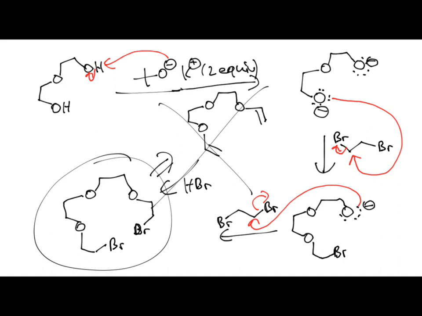Yes? One question. Yeah. My initial way I thought of doing this was different. I don't know if it would work at all, but would it be possible to do an E2 thing starting with this, where this is a base, or is that just too weird? The question is, can you do an E2 reaction, for example, to make the benzene? So potentially yes, you could eliminate to make the benzene ring, but generally for synthesis,